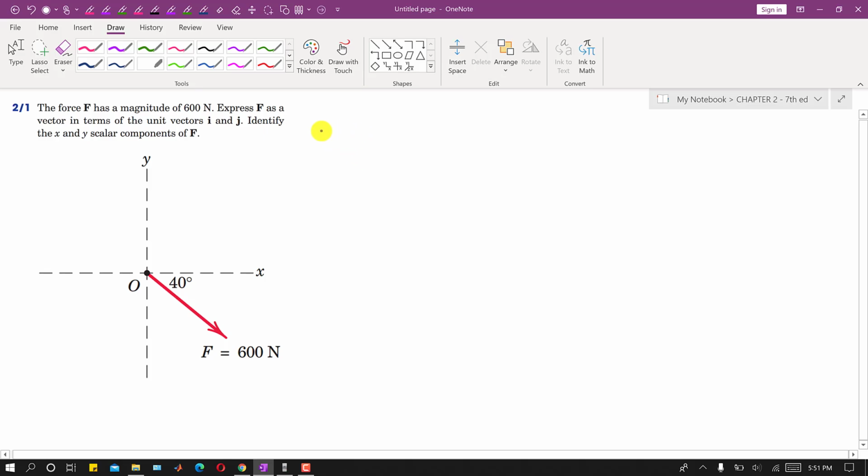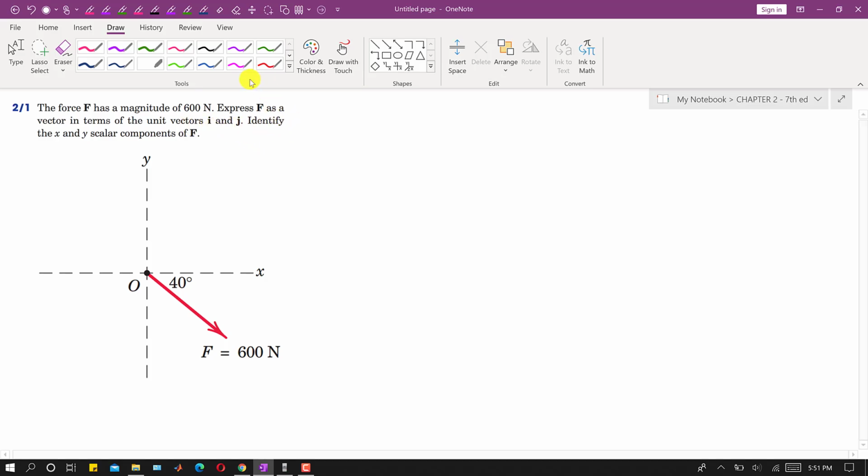Let's solve these first 5 problems from Engineering Statics by Kraige and Meriam, and this is the 7th edition. In this first problem it is said that the force F has a magnitude of 600 Newton. So we have this force F which is making 40 degrees with the x-axis, and we are required to express this force F as a Cartesian vector, in terms of unit vectors i